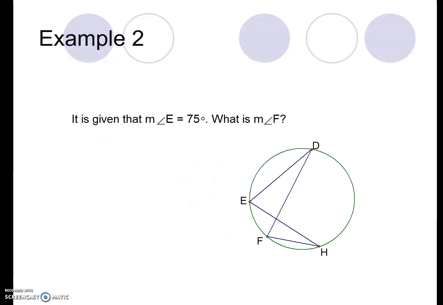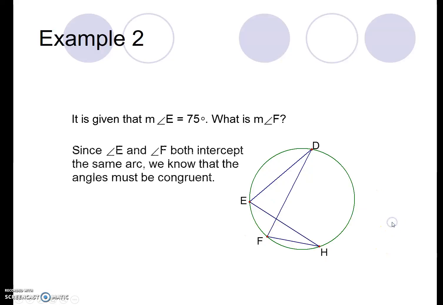All right, let's use that knowledge here. So we know that the measure of angle E is 75 degrees. So what's the measure of angle F? Now you can go through the whole process if you'd like and take that 75 and double it. And then notice that it has the same endpoints D and H, so I can cut that in half. Or just recognize that they're both intercepting the same arc. They're both going to D and H, so they have to be the same measure, which means angle F is